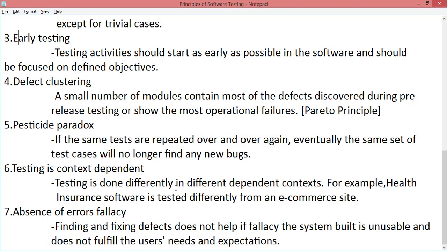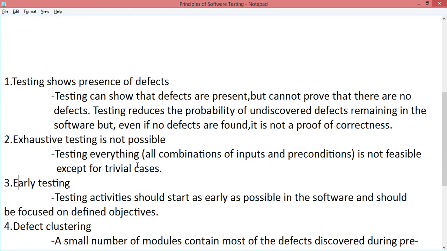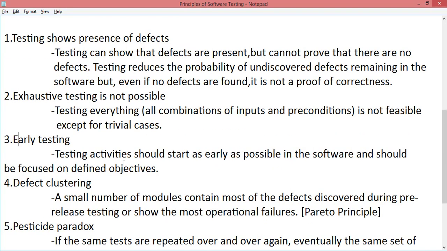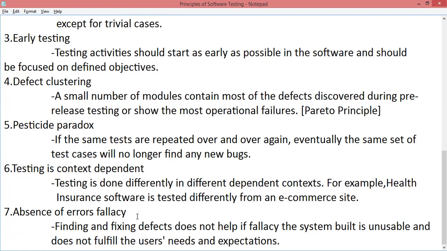So that's all about these software testing principles. Please take a screenshot, so this can be helpful for you for future reference, or you can have a look before attending any interviews. Here I have mentioned some examples as well. Along with that, you can use these definitions while providing answers in your interview.